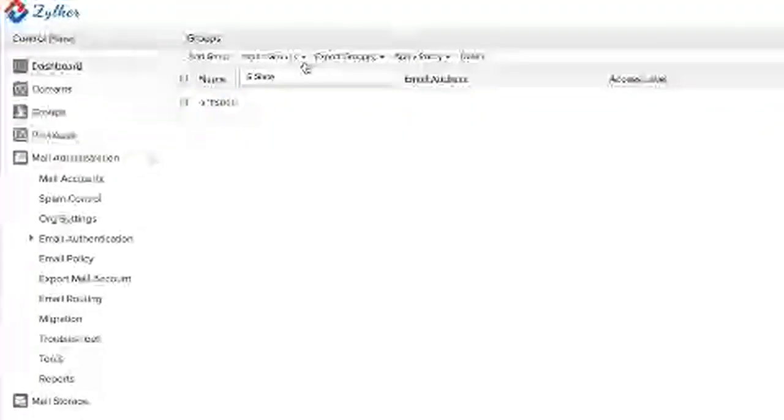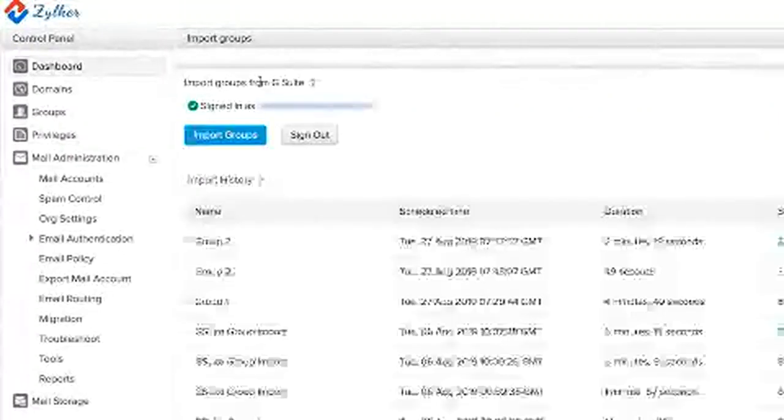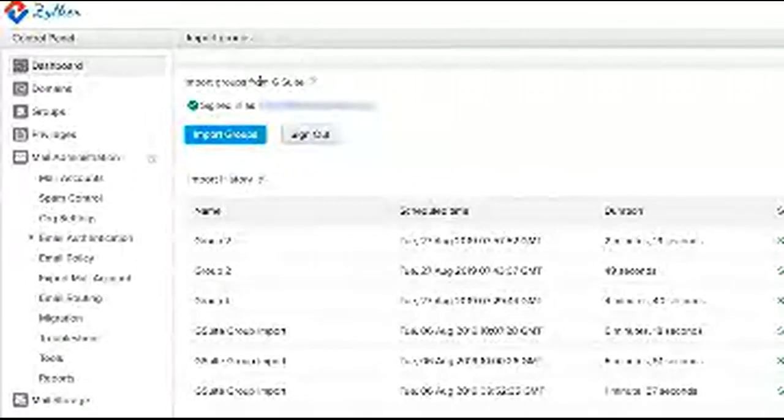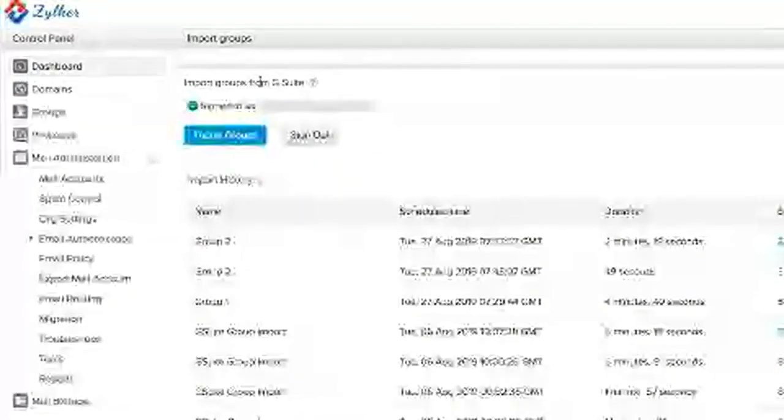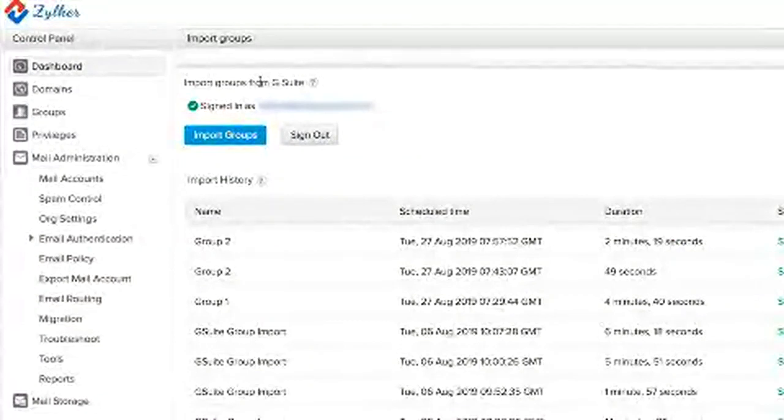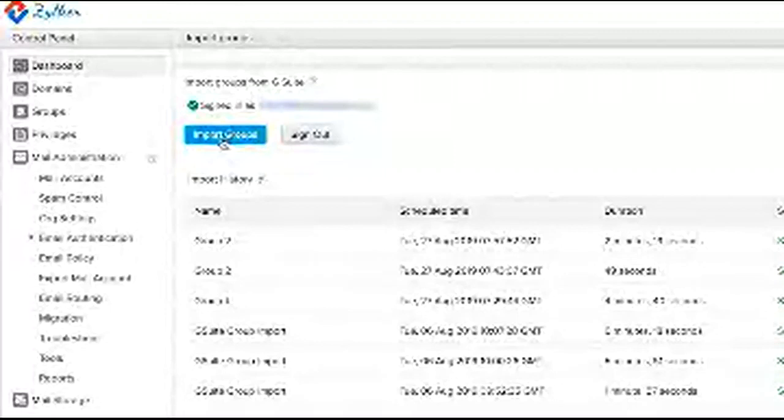I click on import groups and choose the G Suite. In case I had not completed the authentication process, I will have the authenticate G Suite account button here. But because I have already authenticated my Zoho Mail account to fetch data from G Suite, I have the import groups option. So now I can go ahead and click on import groups.